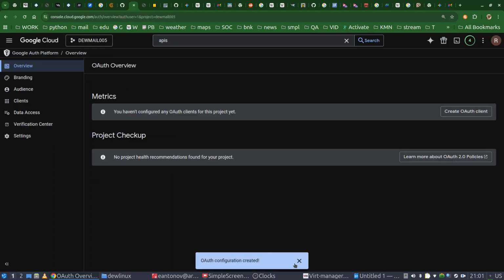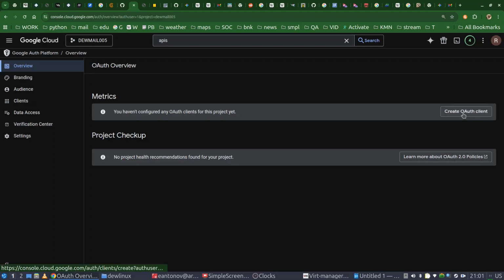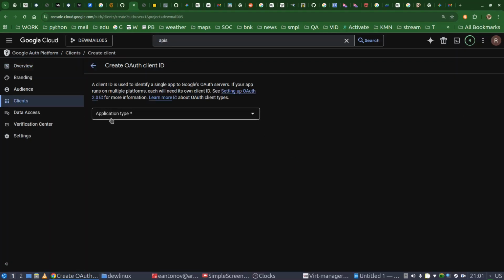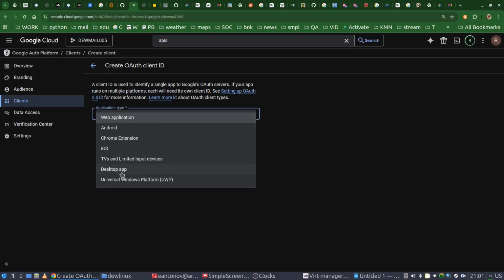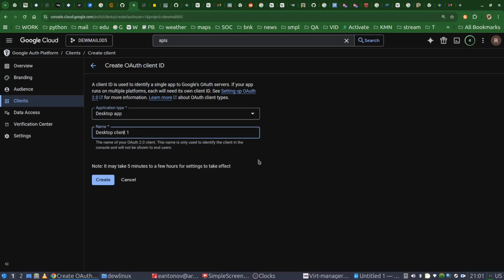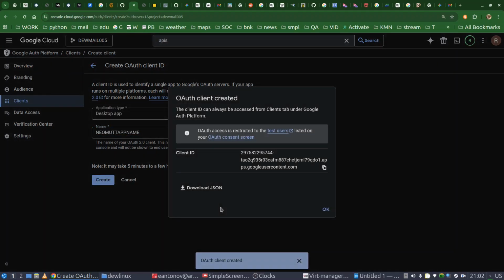Good. Next step, let's click here, create OAuth client. Application type should be desktop. And name, these names honestly are not important. You're going to see why. Okay, now this right here is important. Copy this